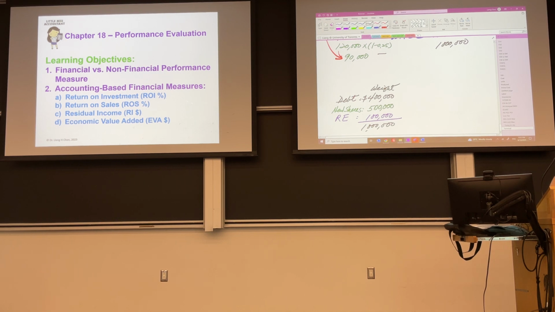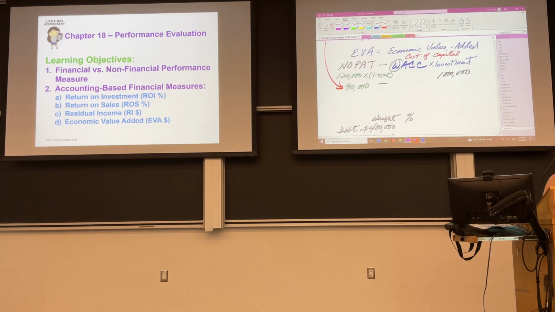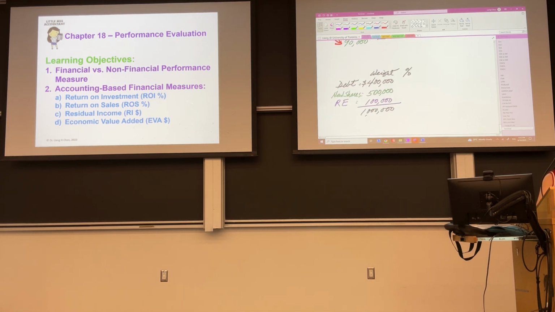Where do I get the $1 million? Borrow from the bank, raise money from the shareholders, and the existing shareholders who own the business, we have retained earnings. The weight is for us to calculate the percentage. How do you calculate? You take 400,000 divided by 1 million, so this is 40%, 50%, 10%, altogether 100%. So you take each source out of $1 million: 400,000, 40% from the bank; 500,000, 50% coming from the new shares.